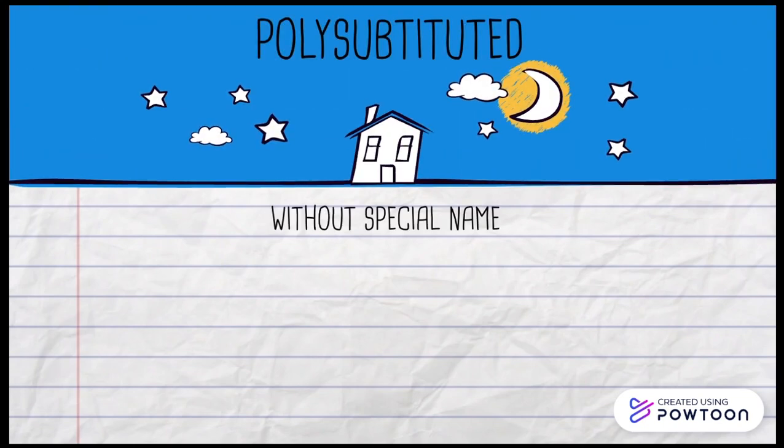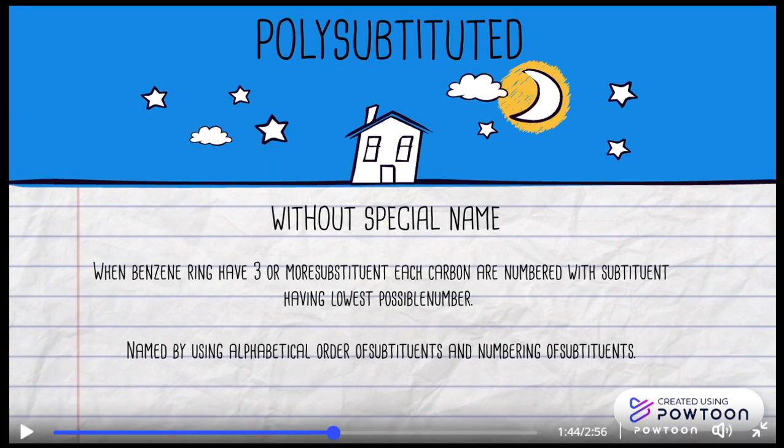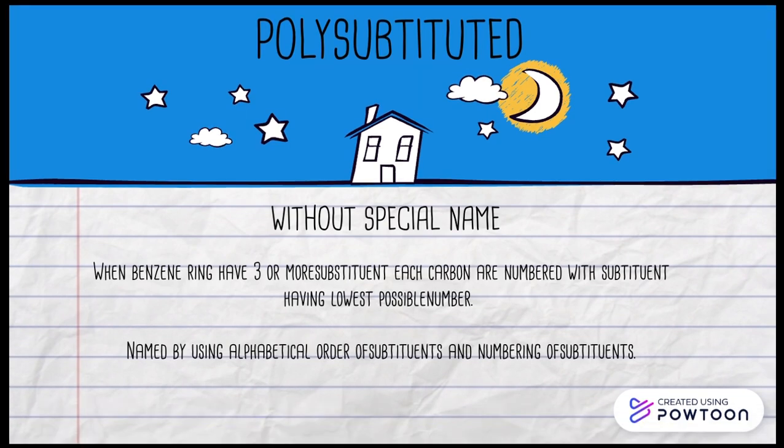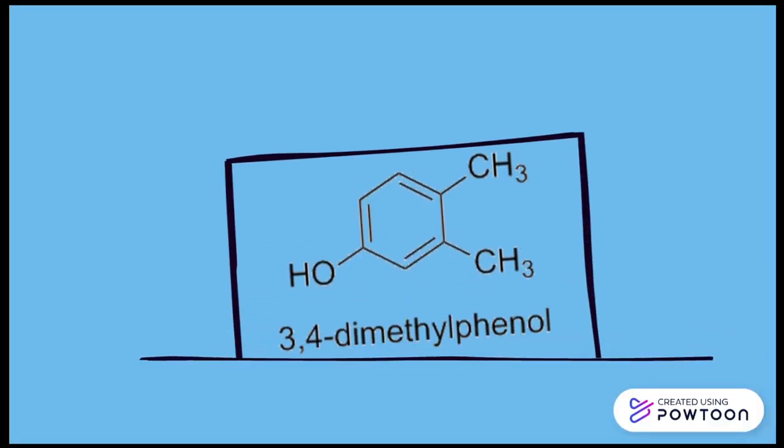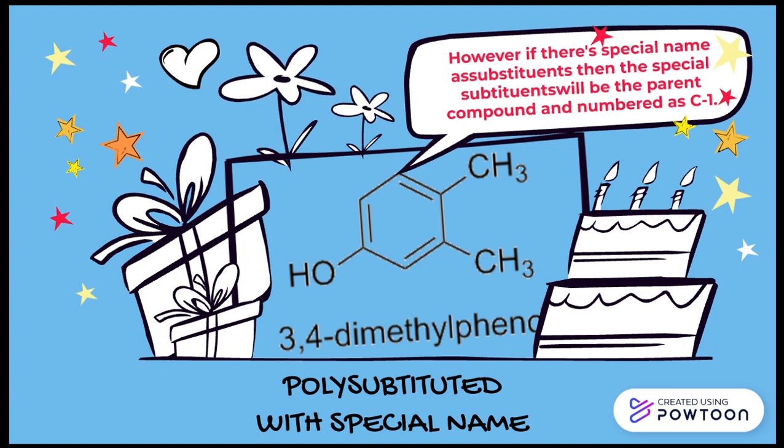As the names suggest, tri- and polysubstituted benzenes have three or more substituents. Like naming the disubstituted benzenes previously, these are named where the substituents have the lowest possible numbering to a carbon atom and follows the alphabetical order. And again, if the substituents give it a special name, it becomes the parent, and the parent group would start